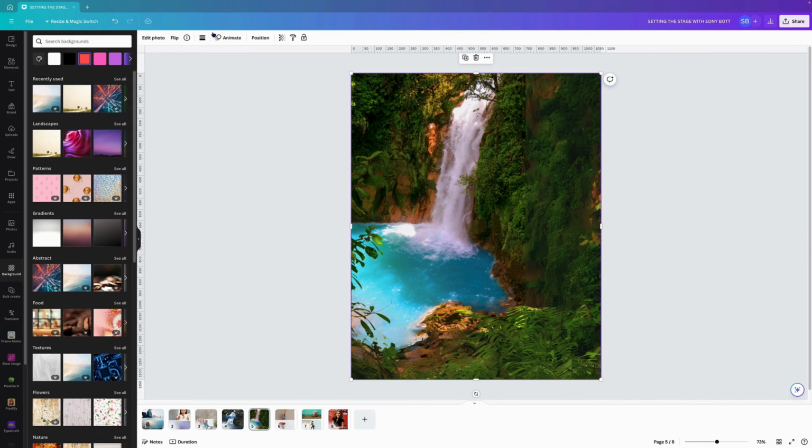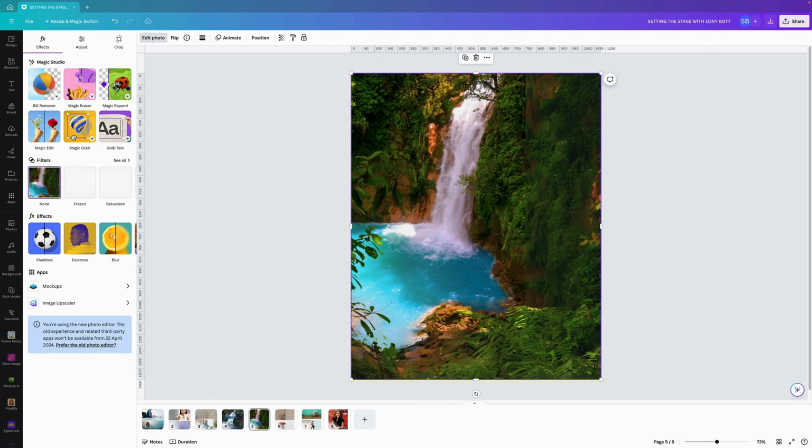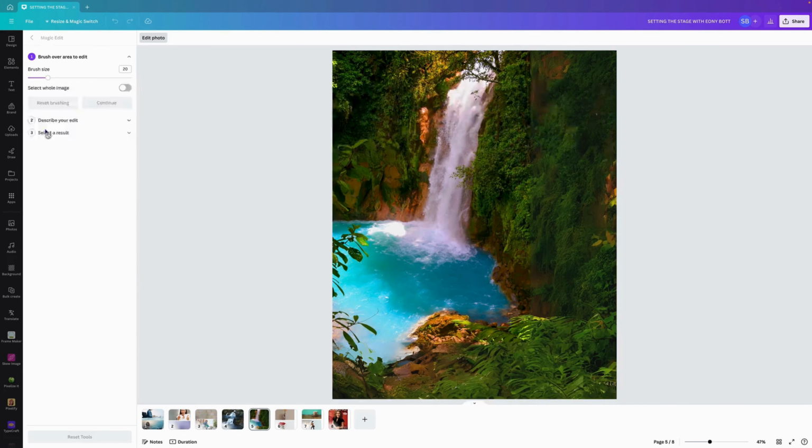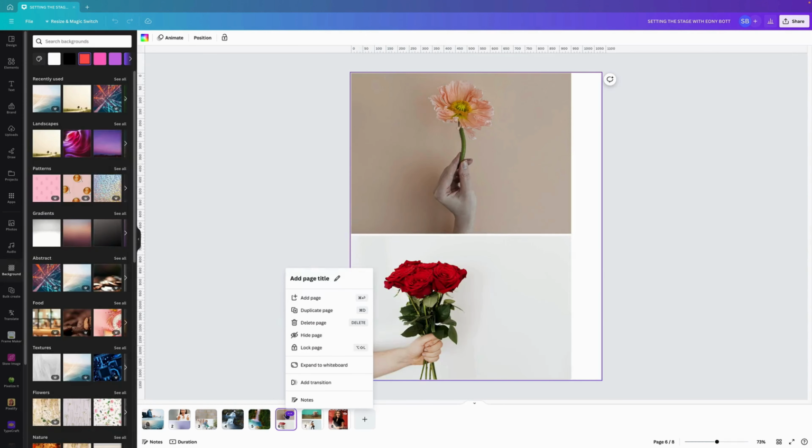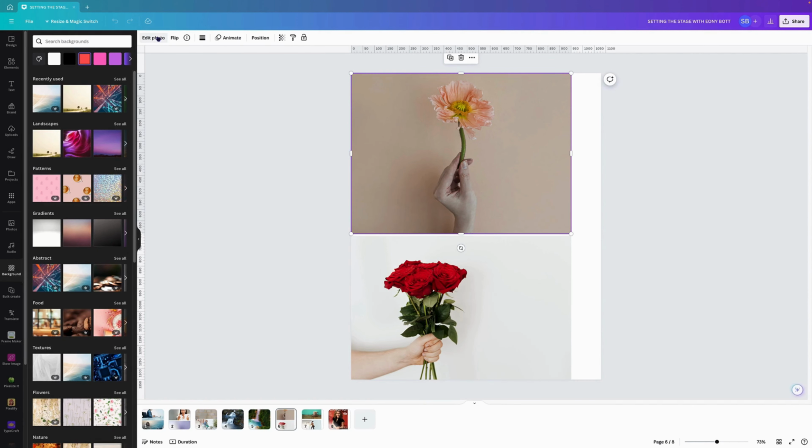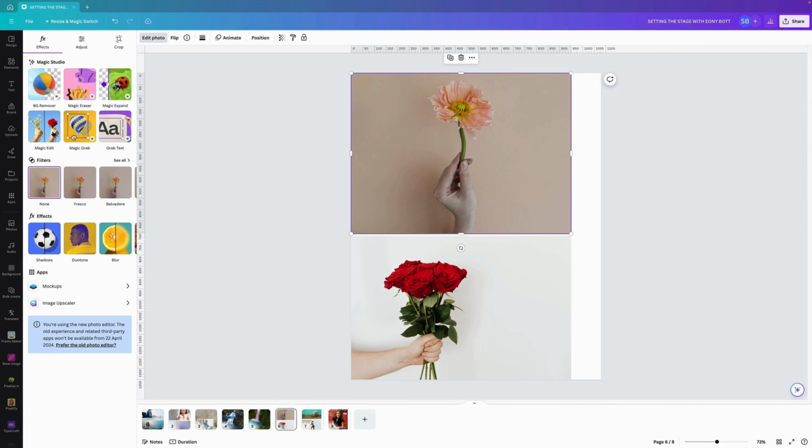Okay, so that is the Magic Expand. So we've covered the background remover, Magic Eraser, and Magic Expand. So moving forward, we're going to have a look at Magic Edit, which is another awesome app within the Magic Studio. So if you click on your image, which I'll use this one, I'll go to Edit Photo, go to